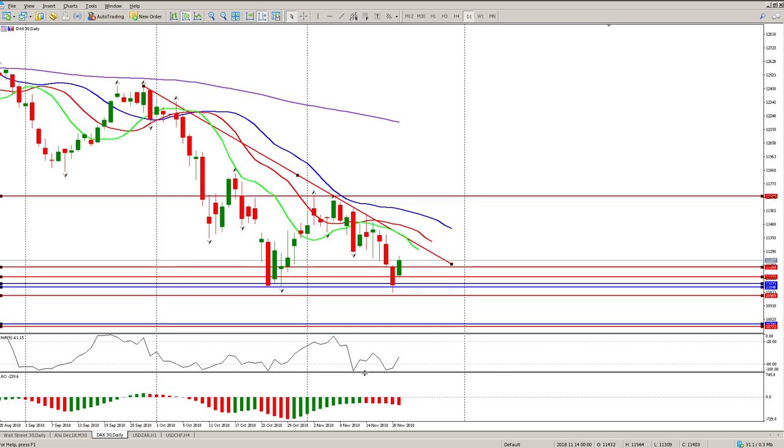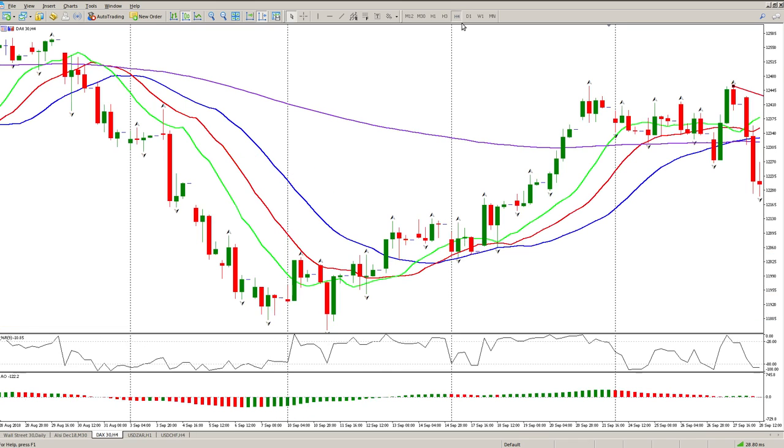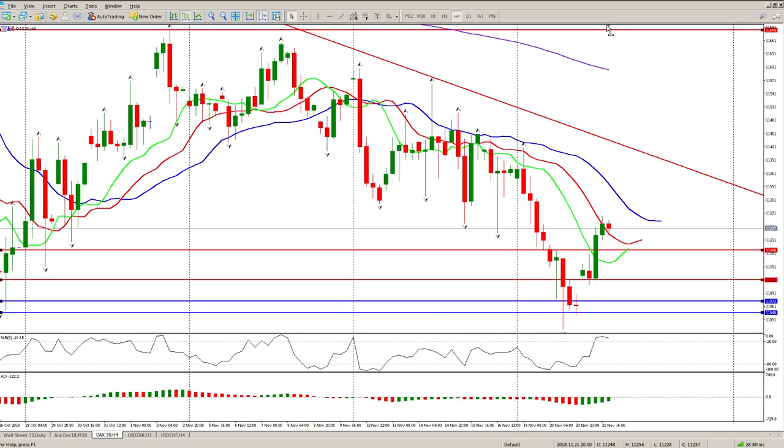You can see the oscillator here has given us a double bottom as well, which is divergence from here to here, which is turning divergence. In other words, we expect a rally. So let's just get down to 4 hours to see if there's anything different there. Okay, nothing really different,